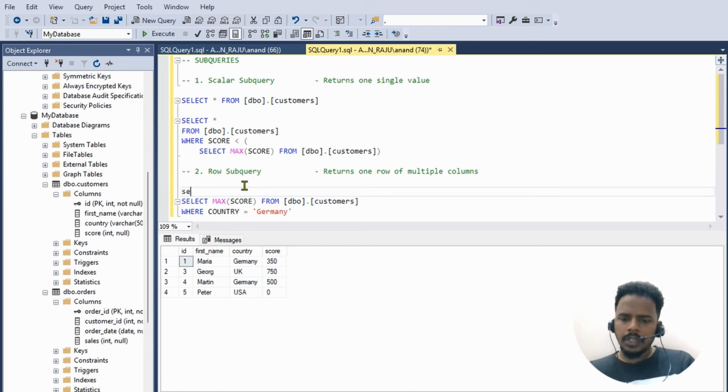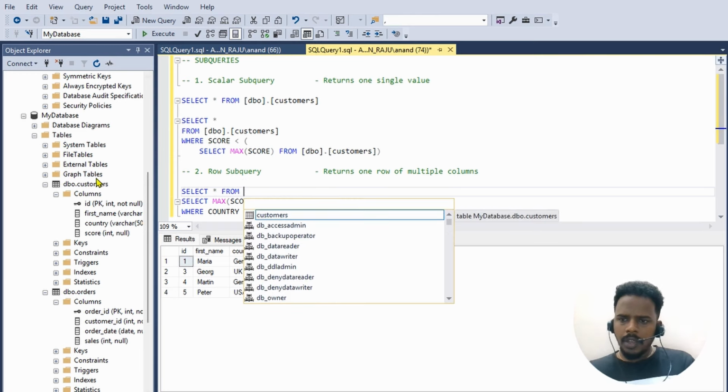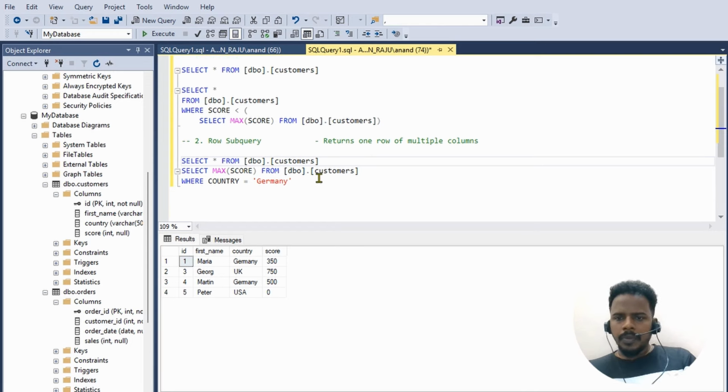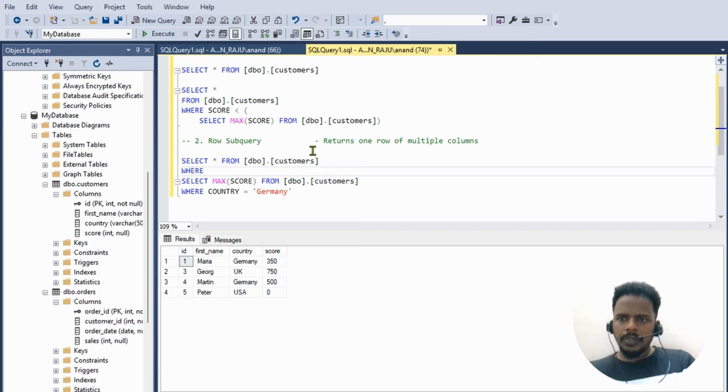So now we have to write the outer query. You can simply write customers. That won't be an issue. Sometimes if my database is not connected here, it will throw an error, so to avoid that, I'm using drag and drop directly. Okay. SELECT * FROM customers WHERE